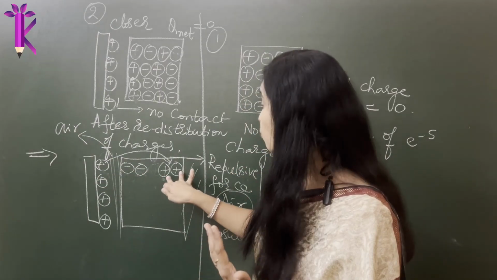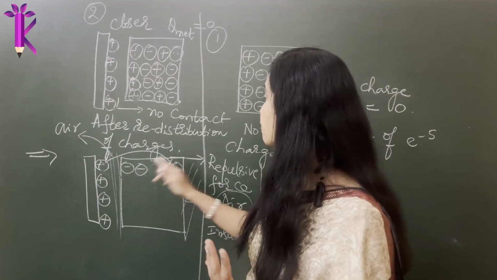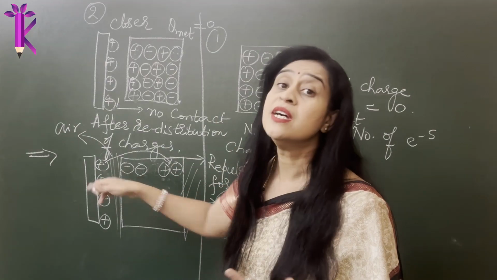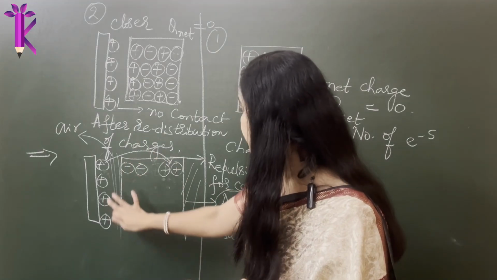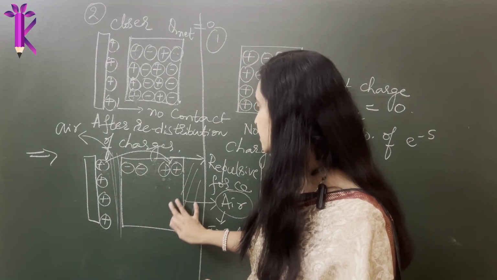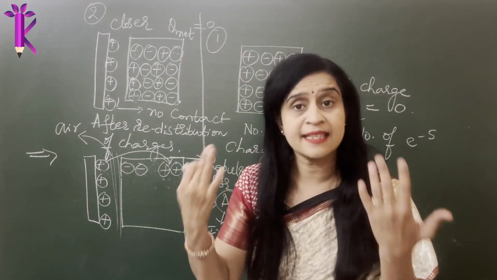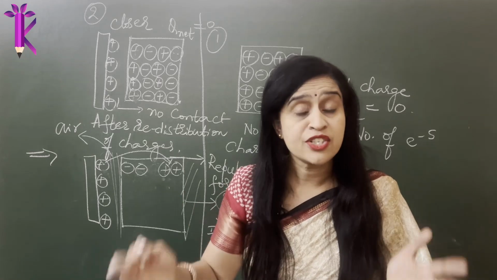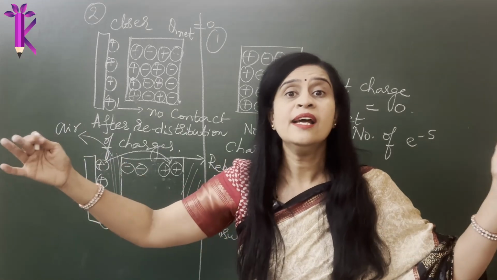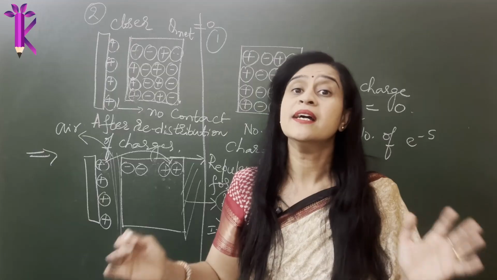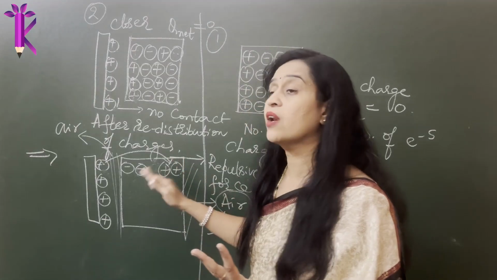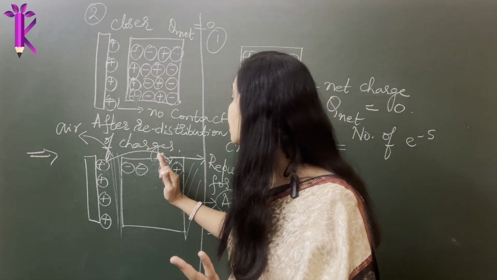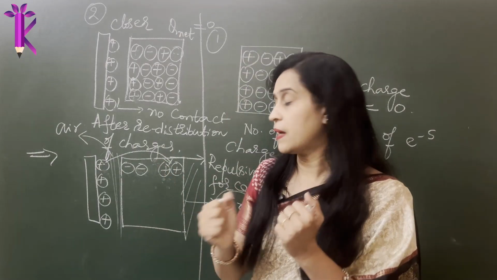But yes, it wants to go infinitely far away from the positively charged particles, which is not practically possible because this metal sheet or metal surface or conductor that we have, which was electrically neutral, is a finite shape. It is not an infinitely long metal sheet. So basically it has to get drifted away to another side where it will feel less repulsion.